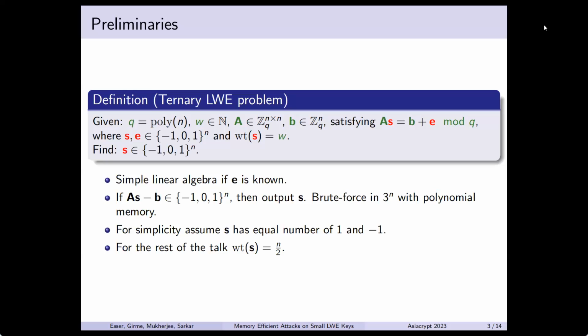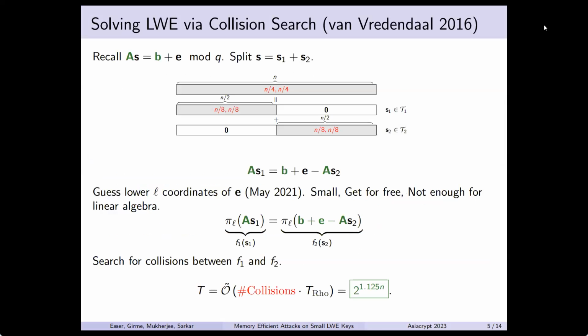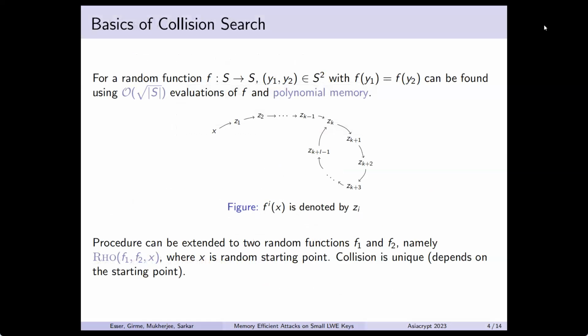Rest of it. So to understand our algorithm, we are going to do 3 basic things: a basic collision search, and then the representation technique, and then the nesting technique. So let us start by looking at basic collision search. So you are given a random function f from a finite set S to itself, and